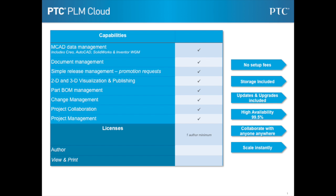This slide provides a high-level overview on some of the capabilities that we are including with the solution. It is a multi-CAD data management offering, so it can manage Creo data, AutoCAD data, SolidWorks, as well as Inventor data. You can manage all your variety of document types. You can manage your release process with the system. You're going to be able to do two-dimensional and three-dimensional visualization of all your data without having the native CAD software. You can manage your bill of materials. You can manage your change processes. And it also includes project collaboration and project management capabilities